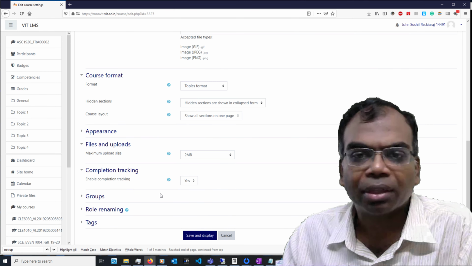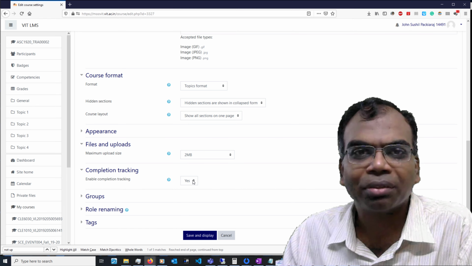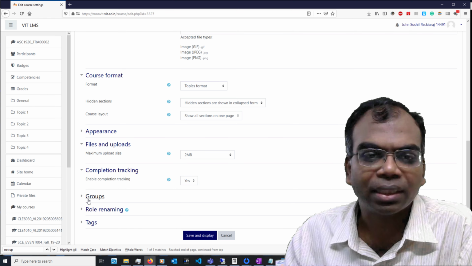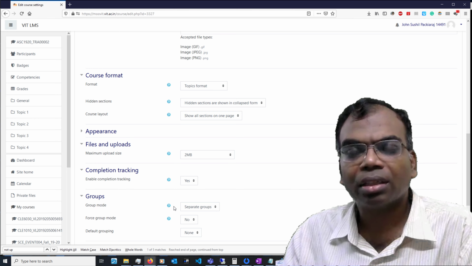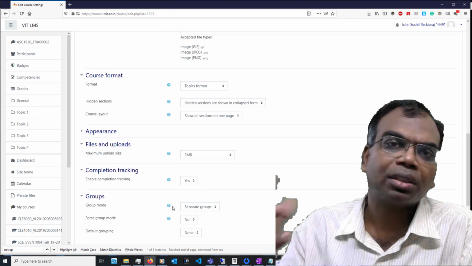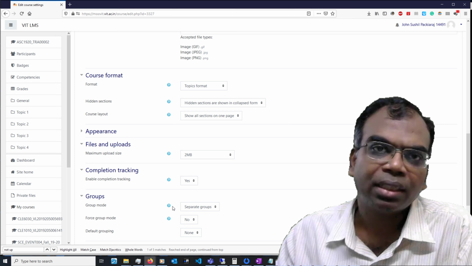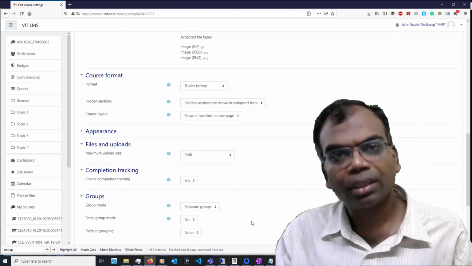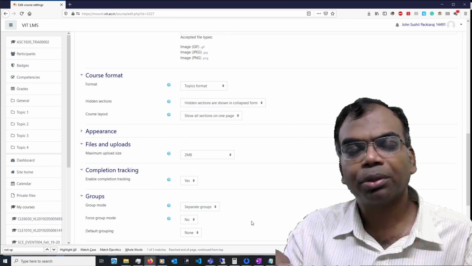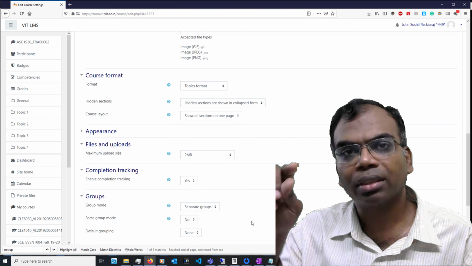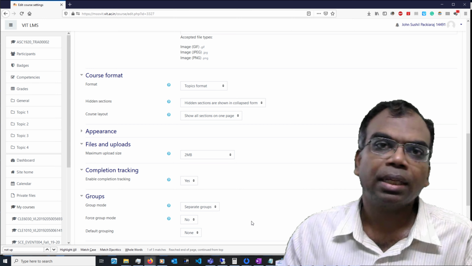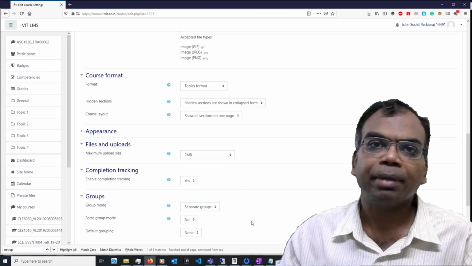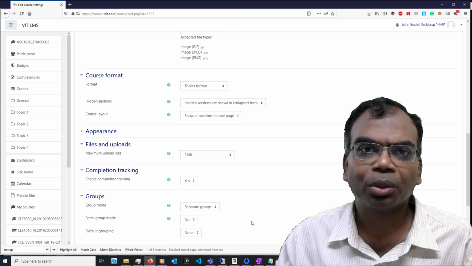And if you want to have completion tracking, it's better to give yes. Typically I always give this as yes. And depending on what you do, maybe if it's a lab where group activity is there, it's ideal to give them a separate group or visible groups. Now when this happens, in the gradebook you'll find that you can also view the students as groups. It might be a set project, it might be just a group assignment.